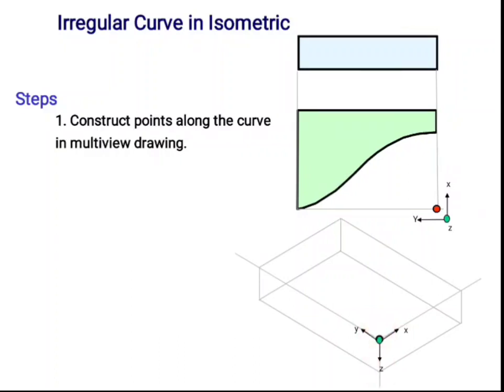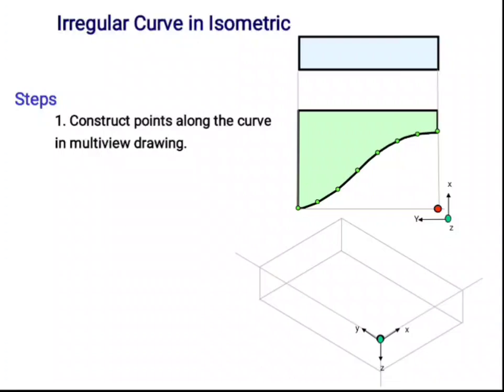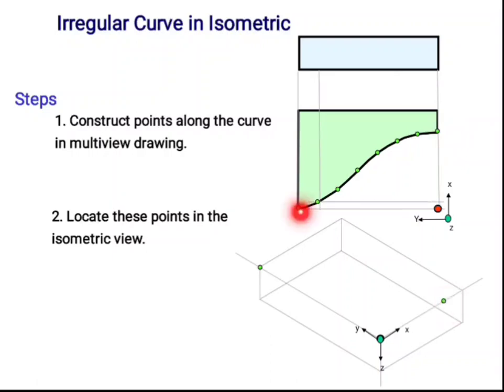I located these points on the curve in the multi-view projection, and now I am going to transfer these points from the multi-view drawing to the isometric view. For that, I need the x coordinate and y coordinate of each particular point and mark the same x coordinate and y coordinate in the isometric view. So here this point is transferred to here like this, and this end point is transferred to here. The x coordinate of this second point is marked here, and